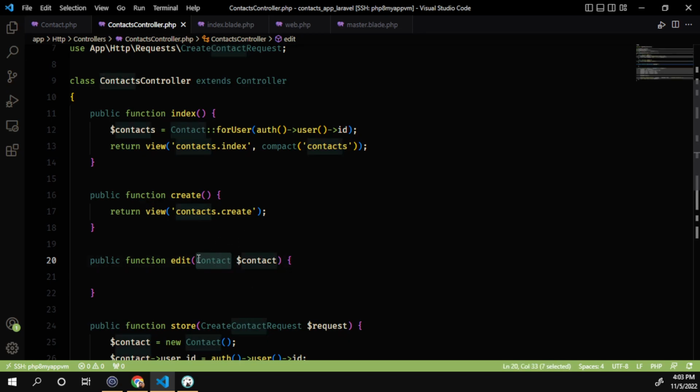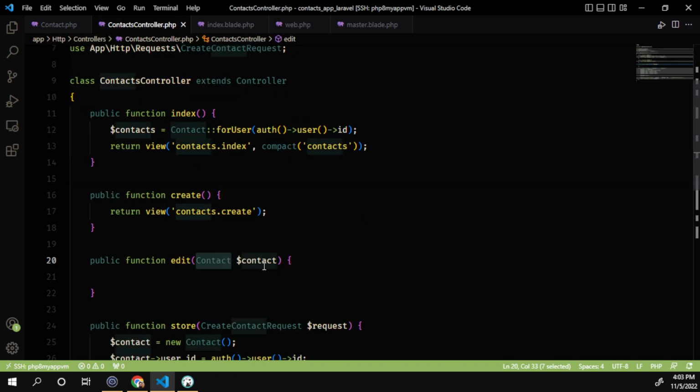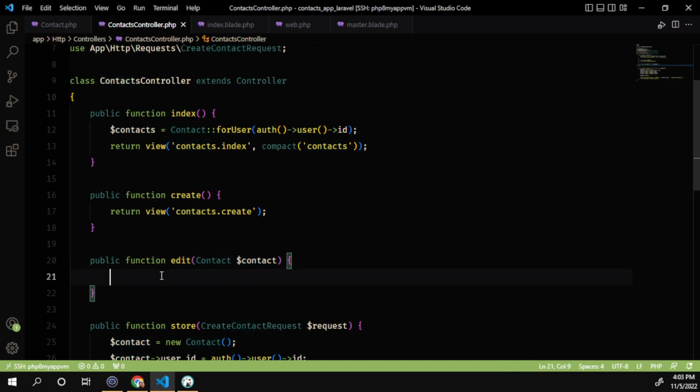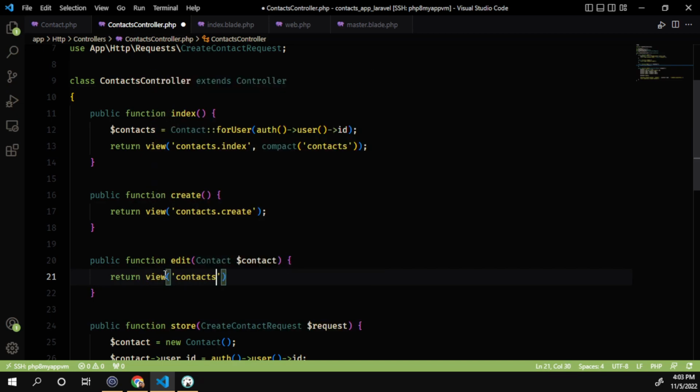So it gets its contact model here. It's going to look in contacts for a record with the ID that we pass here. Long story short, you're going to get the model with the ID in this variable, right? So let's say return view contact.edit, and let's pass